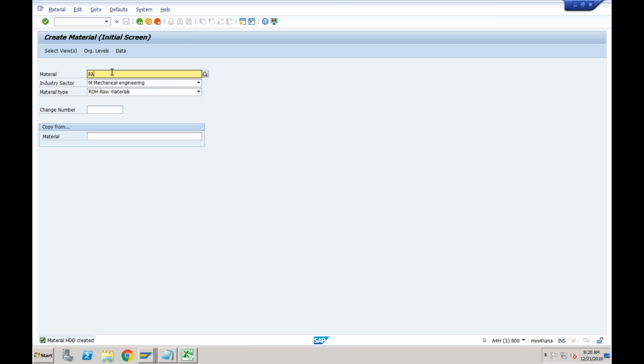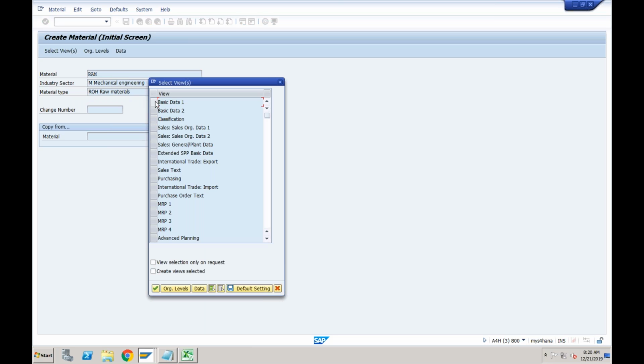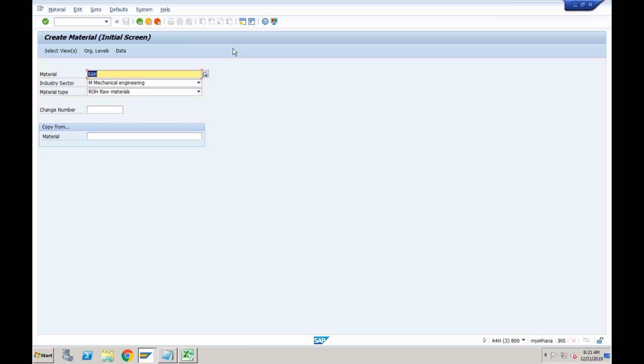Next one is RAM. Enter. Yes. For finished product, the standard cost will be maintained manually by MM team, or it will be generated automatically? No, that is exactly what I told you. So whenever you are creating the material, see,